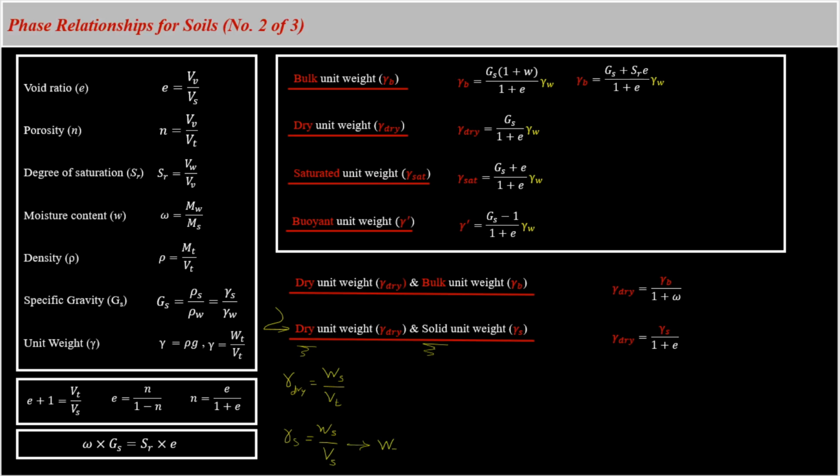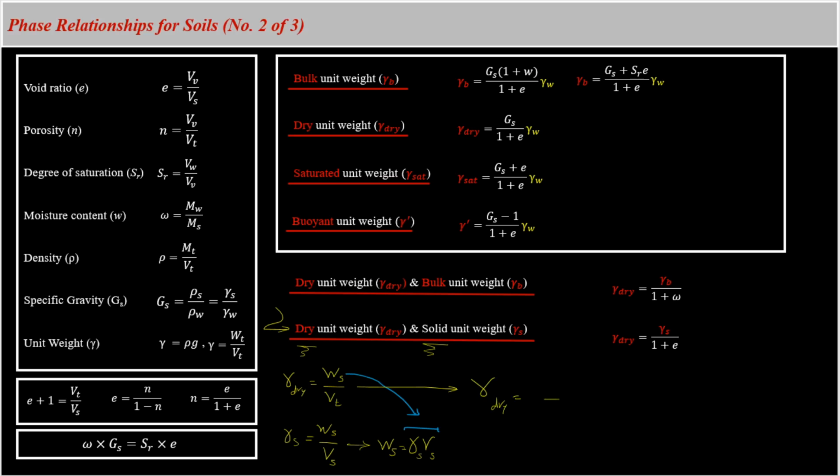If we solve this equation for the weight of the solids, we will get the unit weight of the solid particles multiplied by the volume of the solids. So if we go back to the first equation and we replace the weight of the solids with this, we will be left with